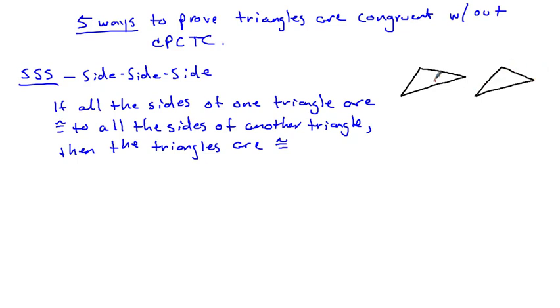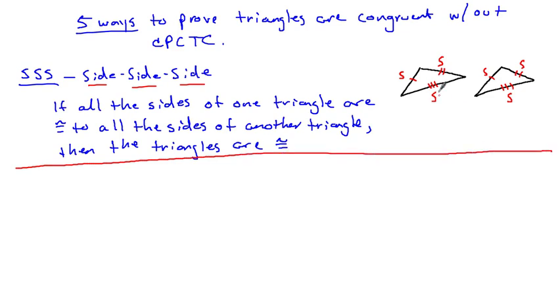So if we have two triangles where all three sides are congruent to all three sides of another triangle, then when we look at that triangle, we see an S, S, S pattern. And that is how we recognize that this is a side, side, side congruency, and we say that these two triangles are congruent. Okay, so you're looking for that SSS, all three sides the same. Our next one is